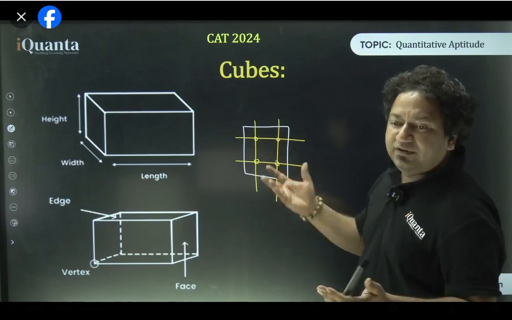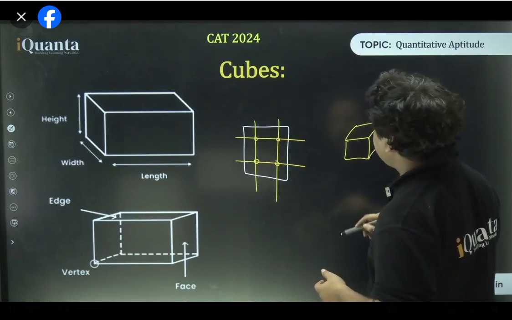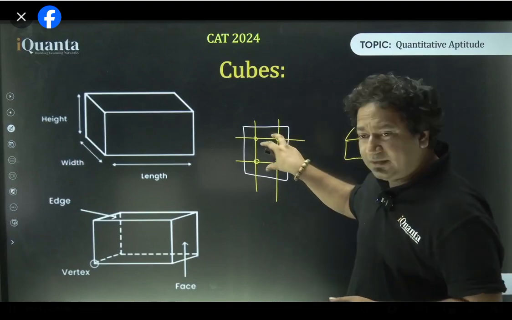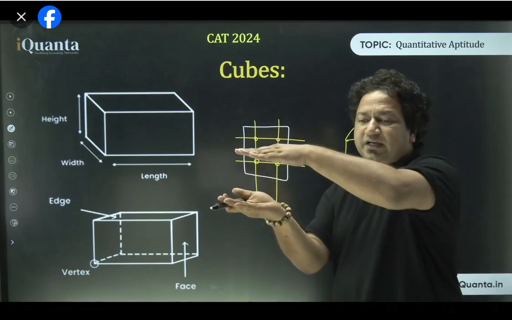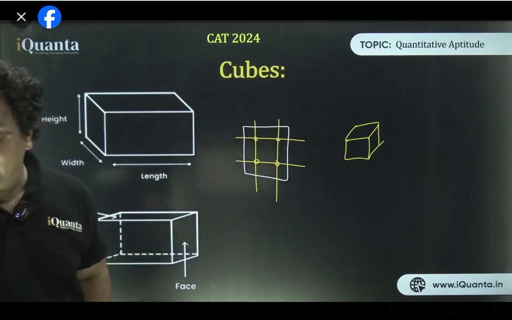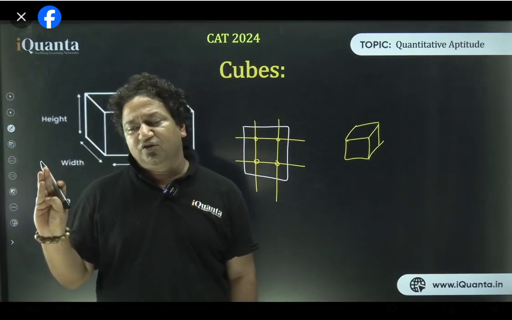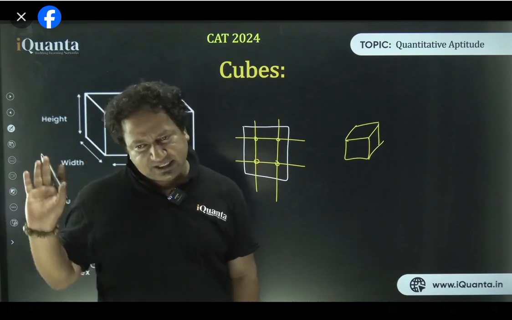So 4 plus 4, 8 will be for a cube which looks like this. If it is 2 into 2 into 2, so basically what is happening? These 4 points are repeating one over the other, and that is how it became 3-dimensional. That is why it became the volume. Is that clear? So basically what I'm trying to say, whatever we calculate, be it perimeter, area, or volume, we always try to count the number of points of intersection. Is that clear?